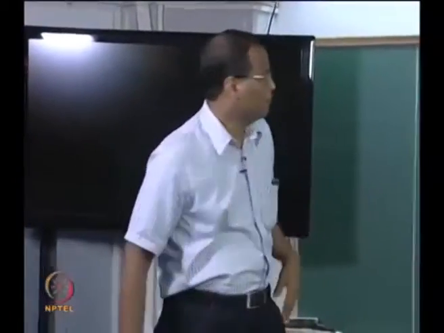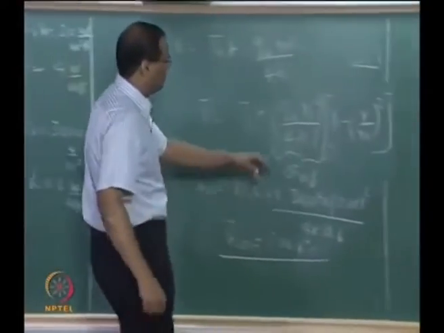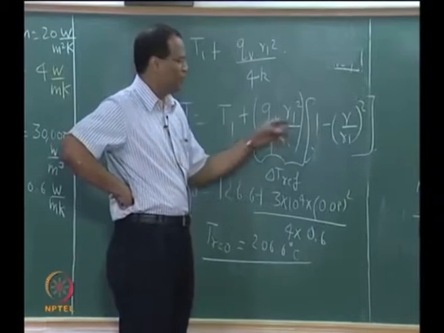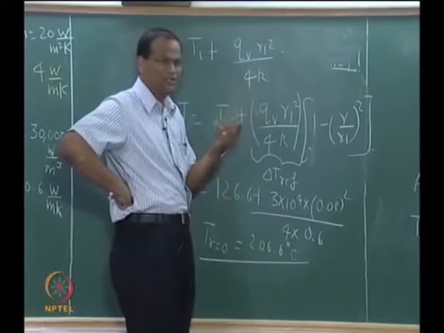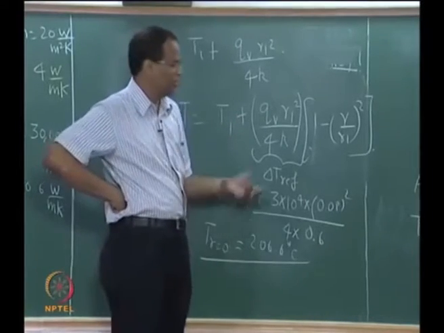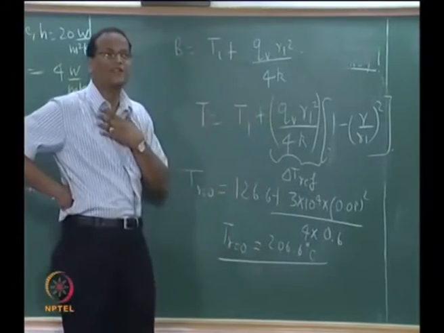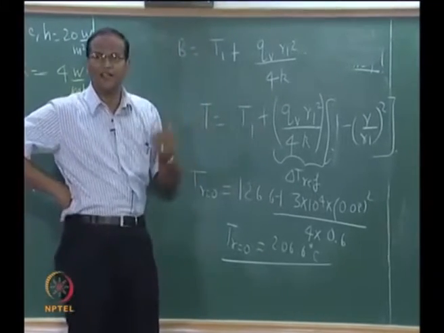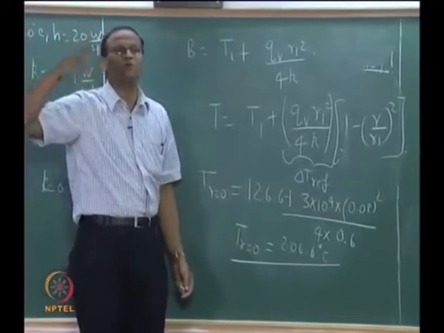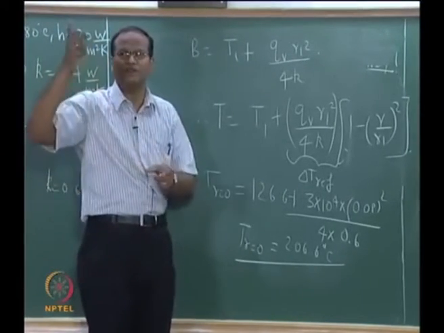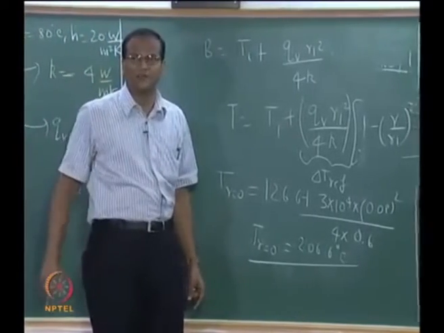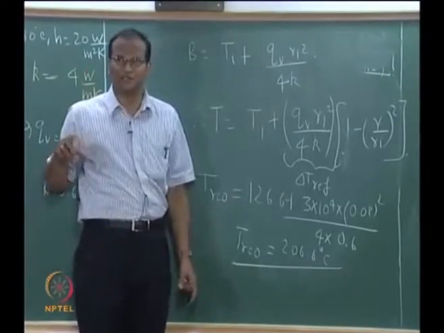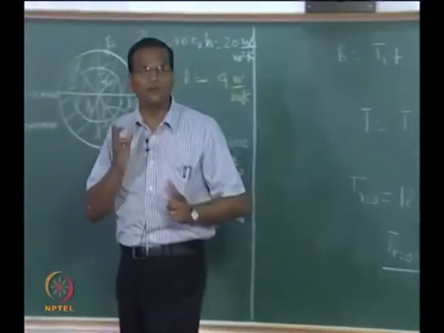But in a nuclear fuel material, K will not be under your control. R also we cannot make big rods, maybe 20, this itself is too much, normally they allow 20 or 30. And QV also physics people will tell you what is QV, when its criticality and all that. Therefore as thermal engineers we can control T1. How can you control T1? By circulating that fluid, and then you can put some sleeve. You do not want to put too much of sleeve, because if you are putting a sleeve, it is an impediment to the transfer of heat, but that sleeve also gives you structural protection, so there is a trade off. So there is a multi objective optimization framework there.